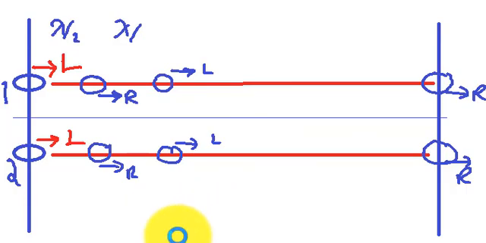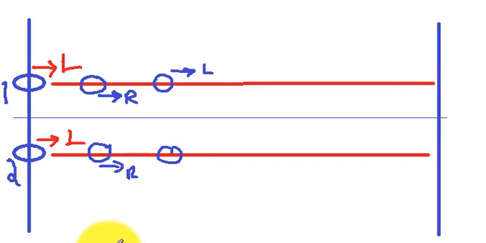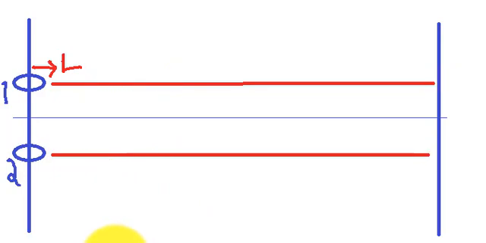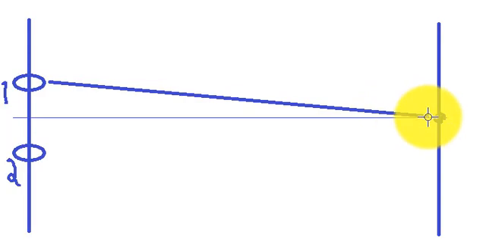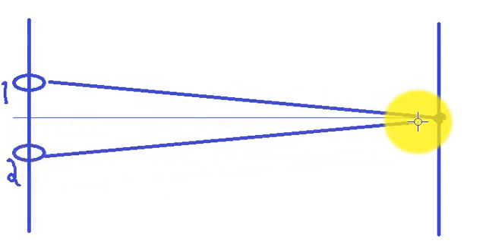Now another idea. Suppose they are not walking parallel like this. Say they are going to meet here at the center point. So what will happen? The first robot will take a path like this. The second robot will also take a path like this. Now assuming they started with the same phase, same left hand in the beginning, and when they come here, if they had taken an even number of steps, both will have left hand. Odd number of steps, both will have right hand.